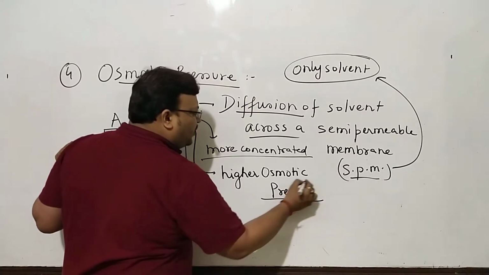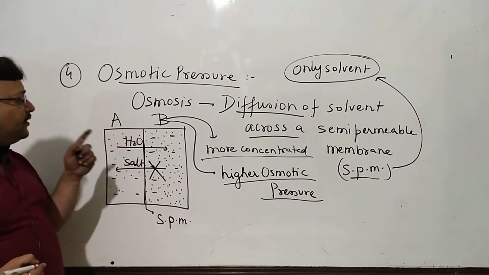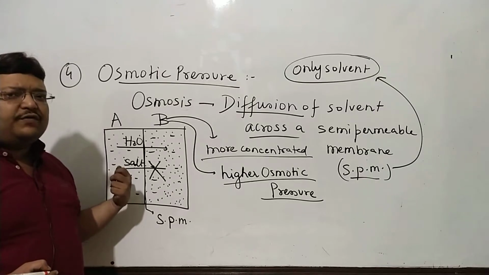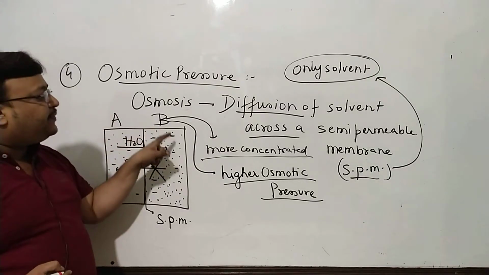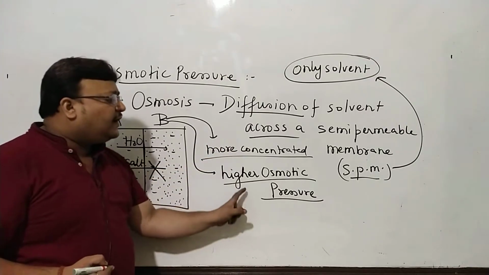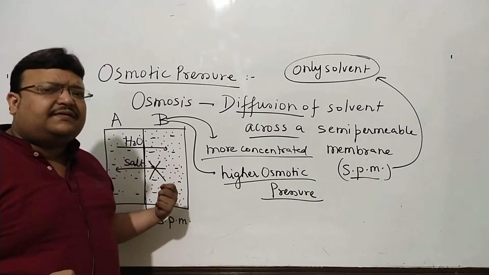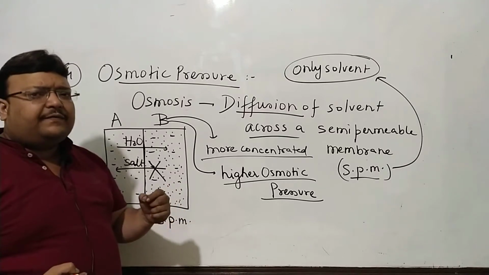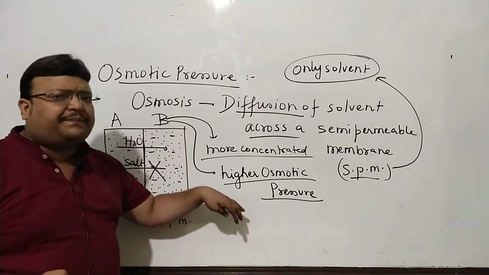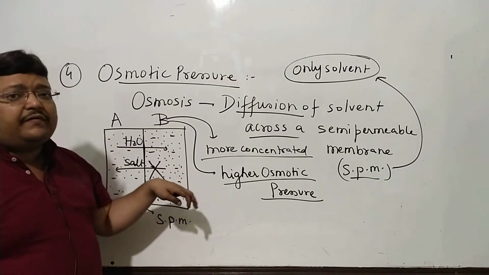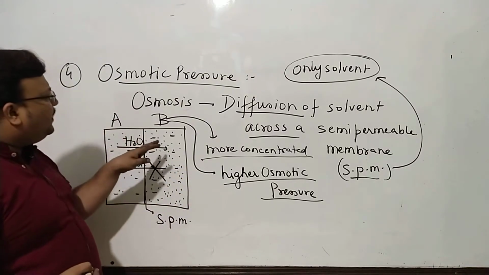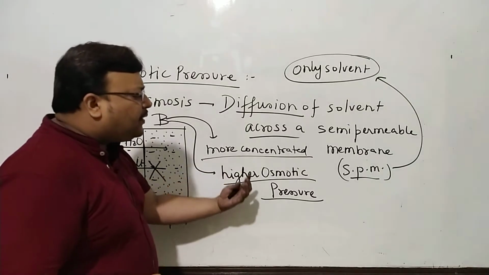A has lower osmotic pressure, and naturally you will find osmosis happening from A to B, because B, with more concentration of the salt, has higher osmotic pressure. We'll see this is also a colligative property. I've briefed a little bit about osmotic pressure, the pressure with which osmosis happens. Naturally, between two liquids, it will be the difference between the osmotic pressure of A and B. B in this case has higher osmotic pressure.